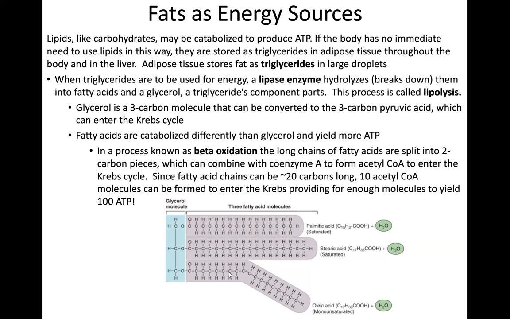And look at the fact that you got 3 of these. So that's like 30 molecules of acetyl-CoA entering the Krebs cycle, which explains why you can get around 100 ATP